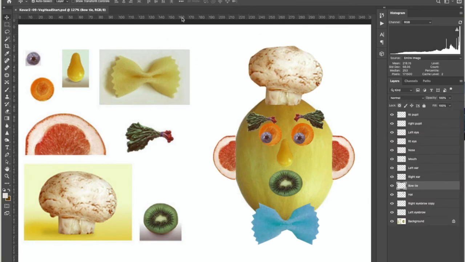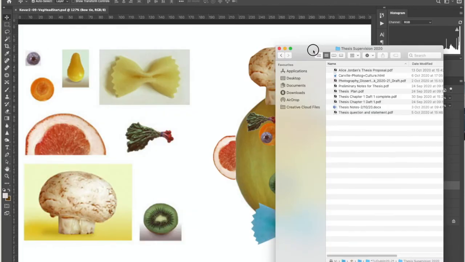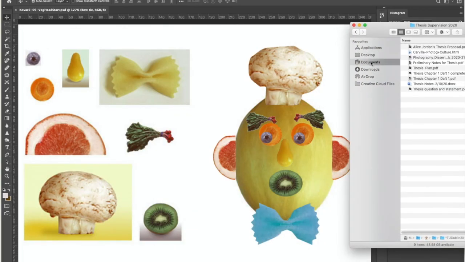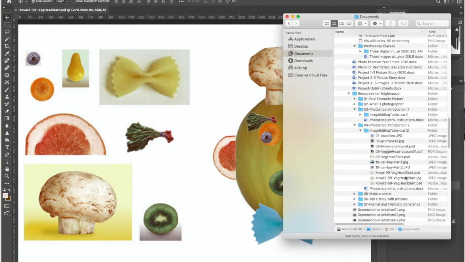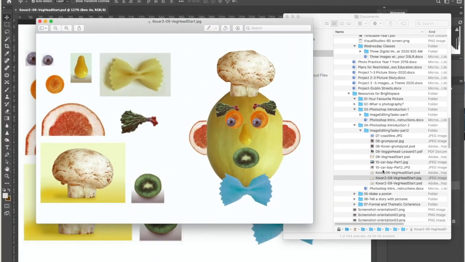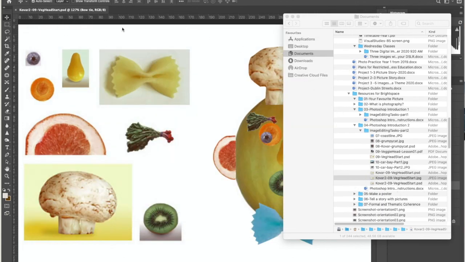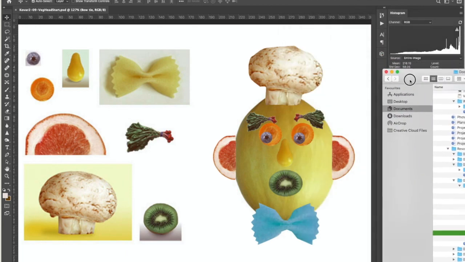I can't see it right here. Excuse me. Will I be able to call that window up? Lord. But it's in the folder where I started. Excuse me. Kovar R2 PSD and Kovar 2 JPEG. And there's my finished version. And I can upload that to Brightspace. Okay, let's stop there, and you can go ahead and get working on